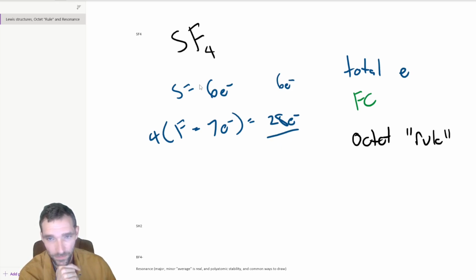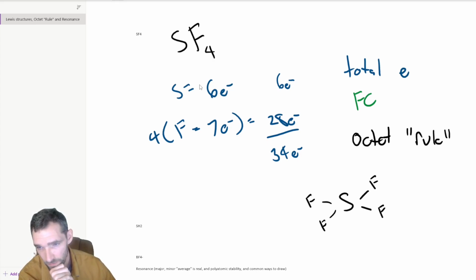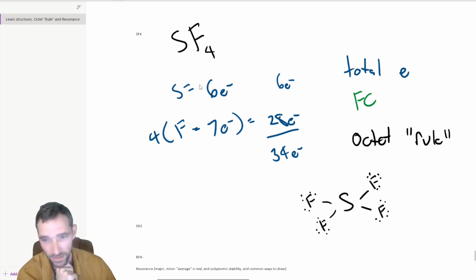We add those up. We get, what is that, 34 electrons. And if we try and draw that out, you can get 1, 2, 3, 4 fluorines around that sulfur. And fluorine really should be following its octet because it's in that second energy level. It does not have d orbitals to work with, so we shouldn't really do a double bond. Like if you tried to do a double bond here and here to justify this, that would be bad for